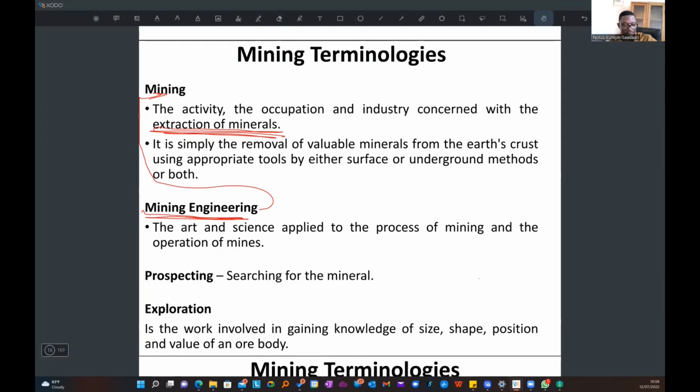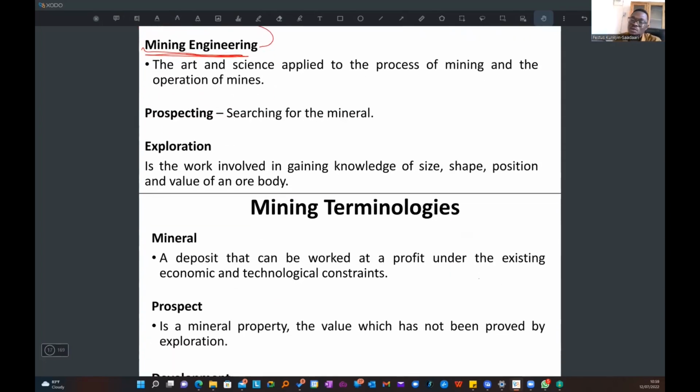Then prospecting. Prospecting is what? Searching for the mineral of interest. So let's assume that you have heard that there are a lot of minerals in Takwa or Pristia or Boase or wherever, and you have money to invest. So you want to venture into a small scale, medium scale, or a large scale mine. Then you decide that, so even let's bring it home,